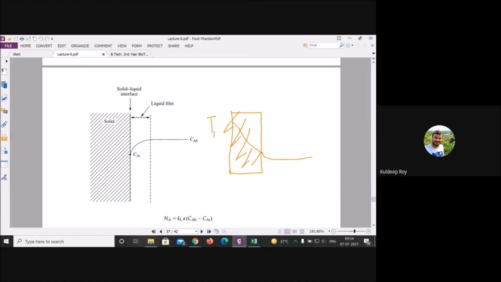Why curve? Due to the formation of film. Now you can see film, and film can also act as a resistance. Just keep this thing in your mind. Now you can see the curve structure like that, but it will occur only around the film. But if you're talking about the completely slab, the profile inside the body will be a straight line for the heat transfer. But whenever you talk about the convective term, or any kind of film, then this kind of curve will be there.